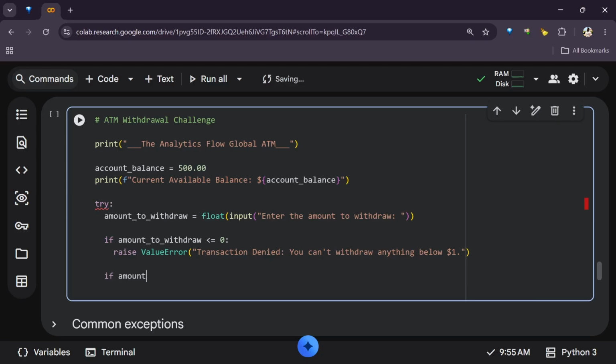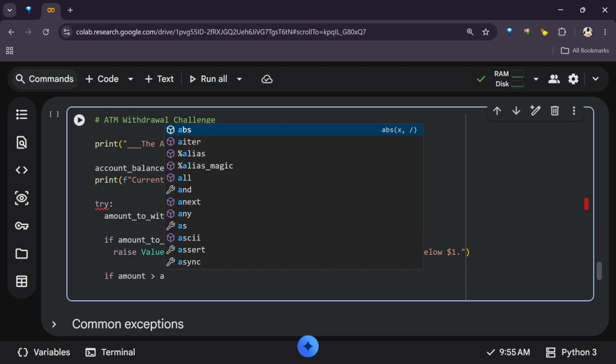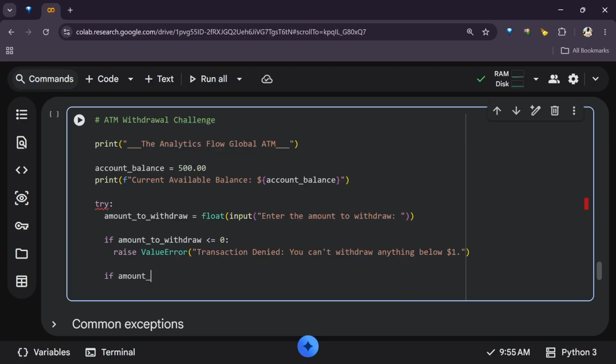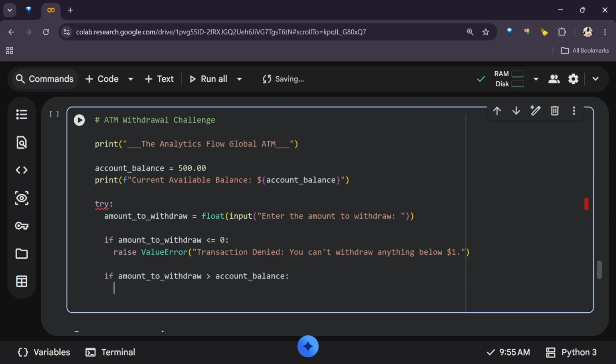So say if amount to withdraw is greater than the account balance, even if it's greater by a cent, right? So I want to tell them raise value error,